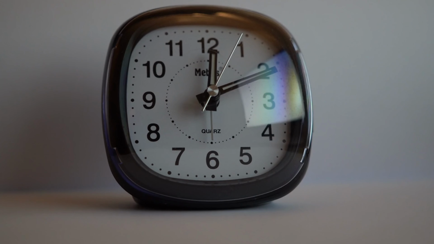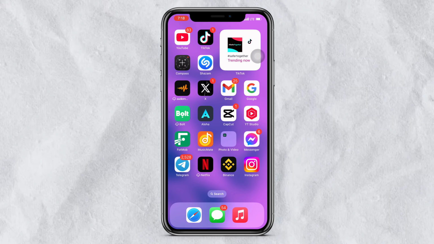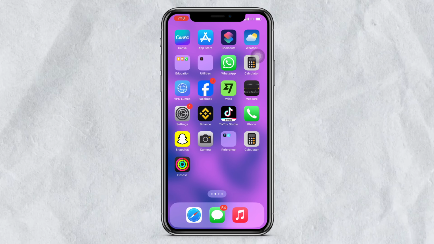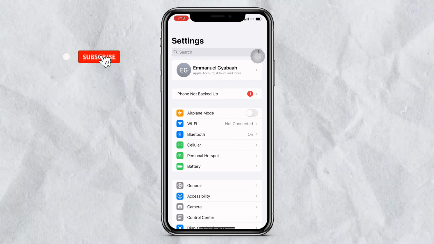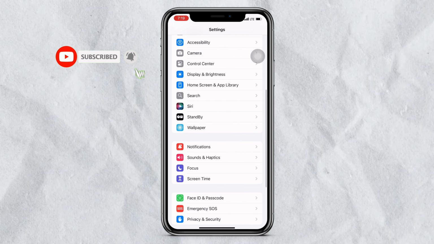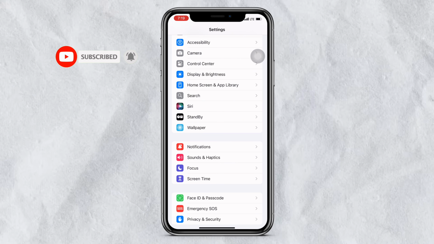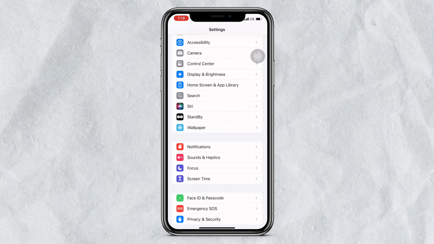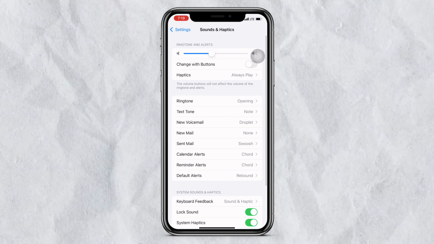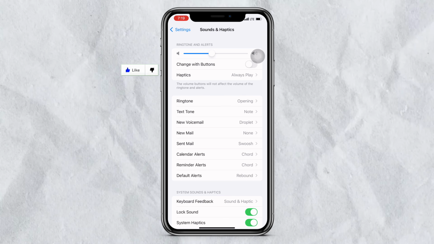Now without wasting much time, let's get started. Now in the first place, all you want to do is to open your phone settings. Once you open your phone settings, scroll to where you can see sounds and haptics. Click on that, and now once you click on that you can see